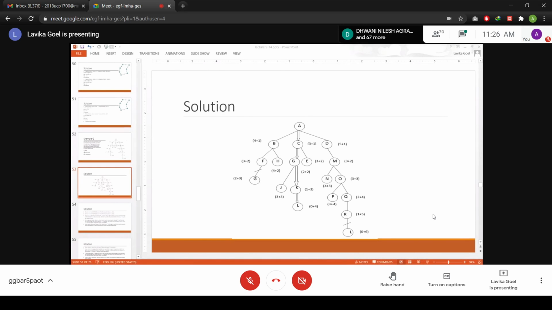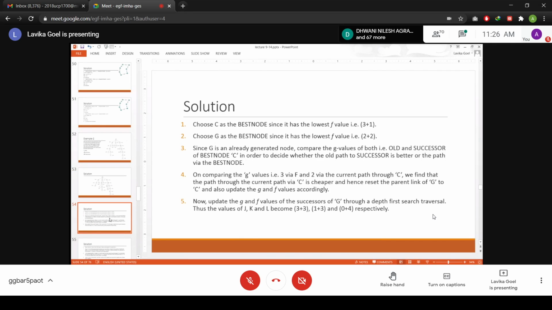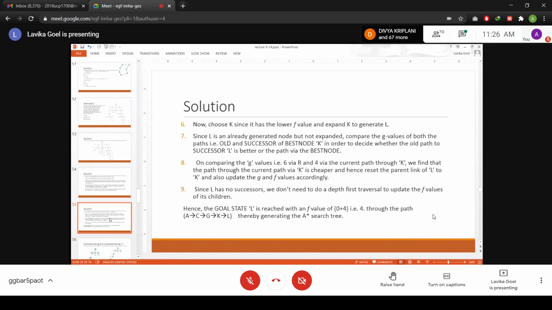So if you see the explanation here, students, this is the explanation of what I have just explained. You had basically generated L, and L was also an already generated node, but it was not expanded. So you compare the G values of both the paths, the old path and the path via this best node K, right?